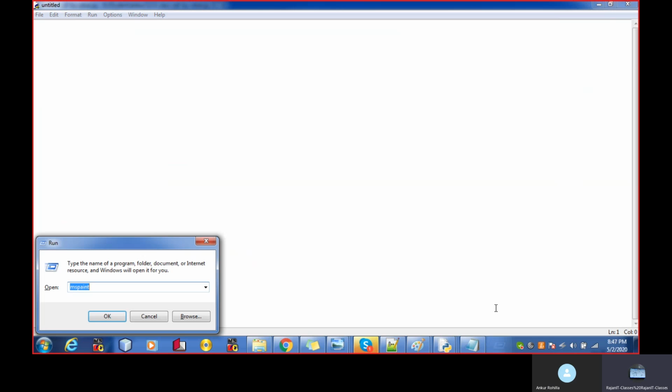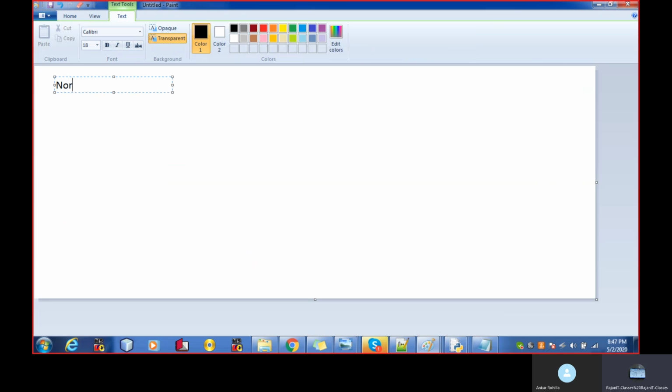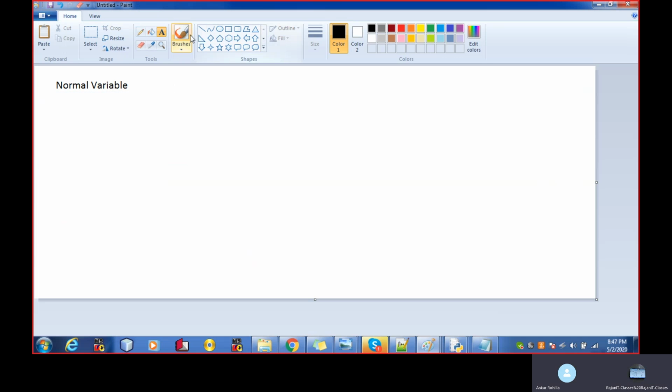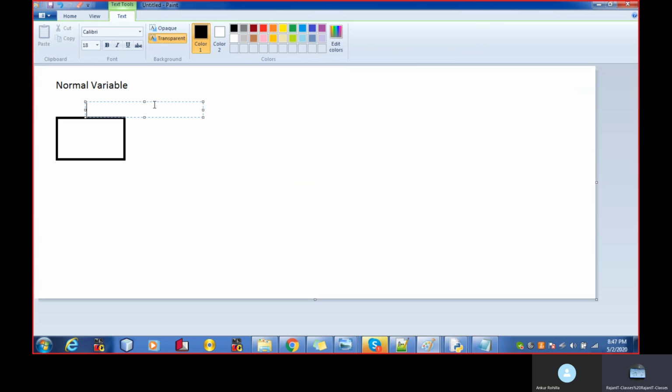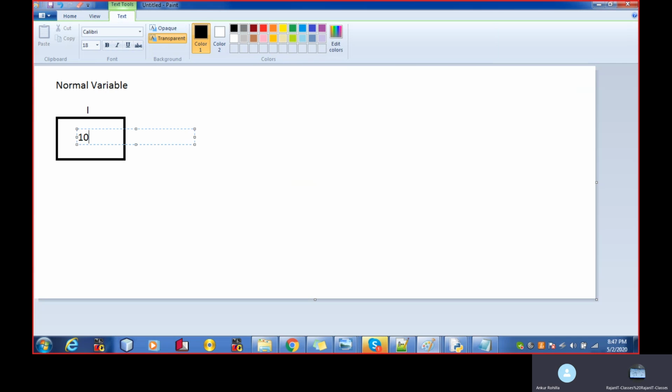So let's figure out the normal variable. Let's say there is a box of a normal variable by the name of i. Inside this box, I have a value, let's say 10.